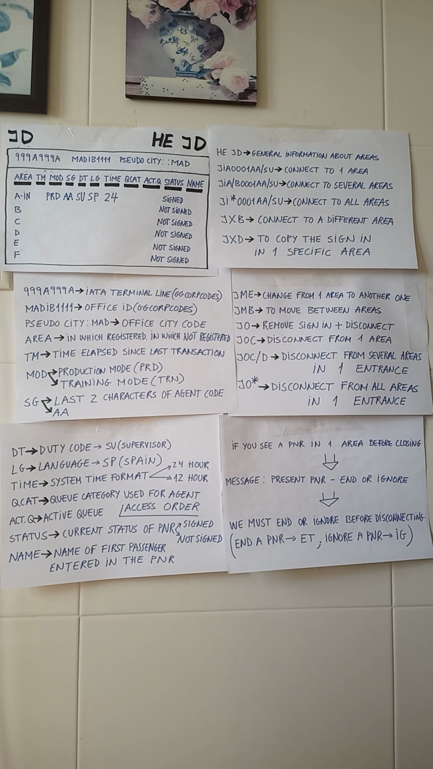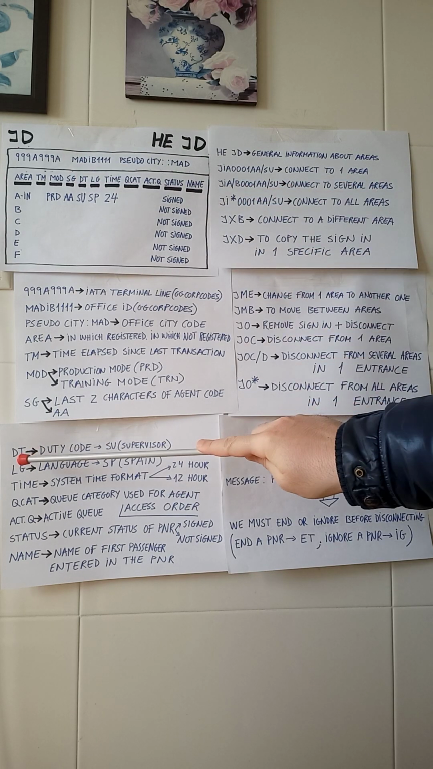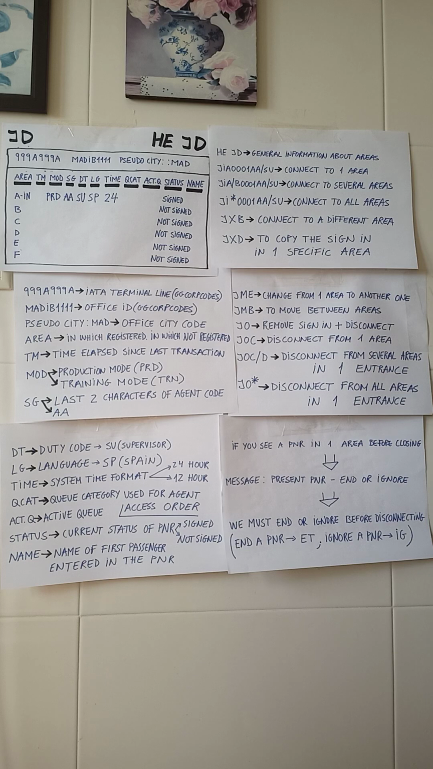The title DT, this one, refers to the duty code, which was also explained in the first video I made about the login. There are 3 types of duty codes: SU, GS, and RC. In this case, it's SU